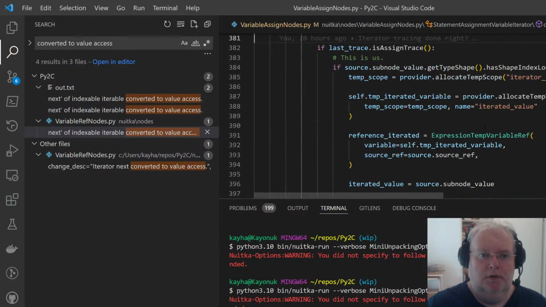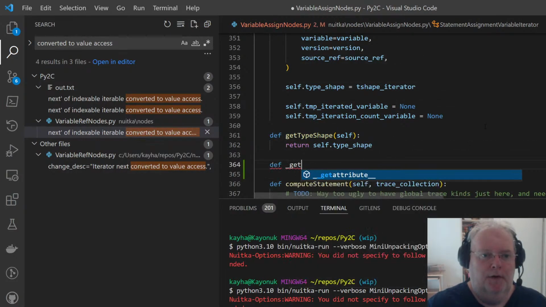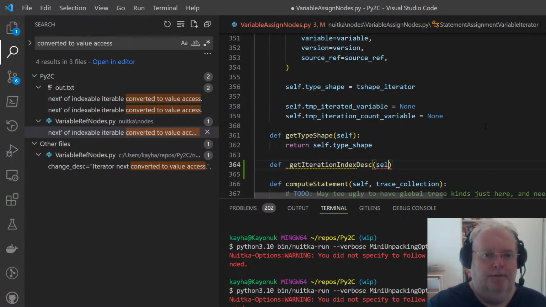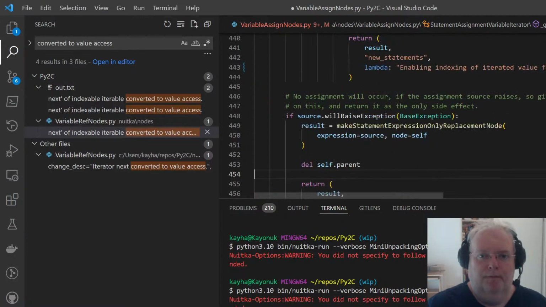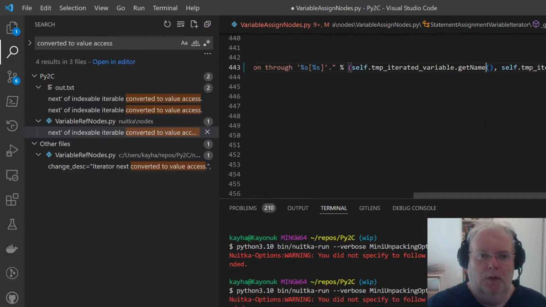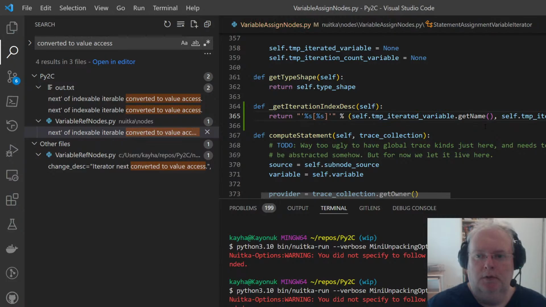How about get iteration disk. How about with quotes immediately? Yeah, why not? Okay.